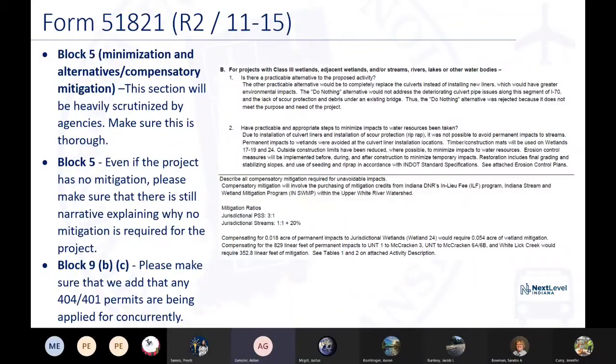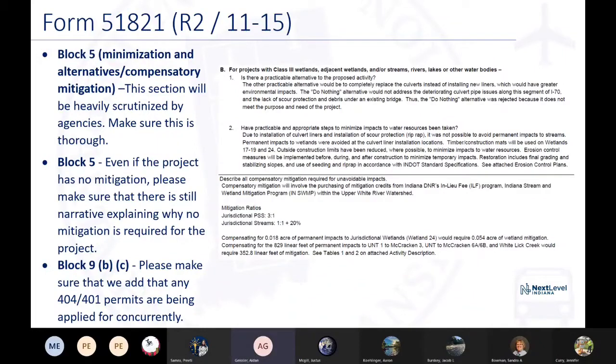To the right here, you can see what we consider a good example of Block 5. I just want to bring your attention to the bottom box and how they highlight the mitigation ratios and the numbers for acreage and linear feet impacted and required for mitigation.